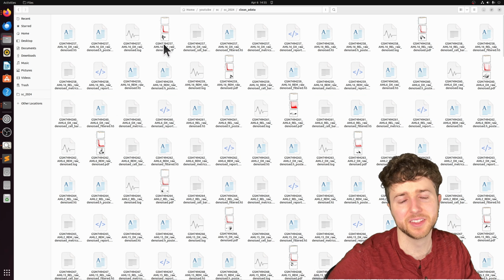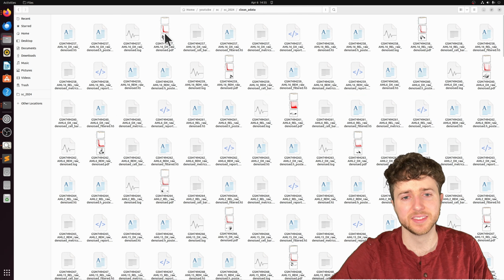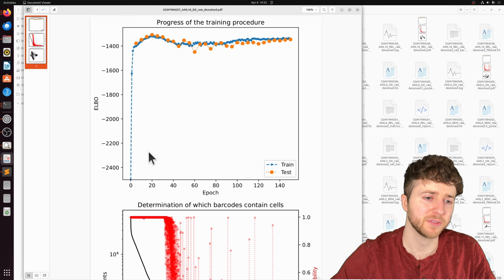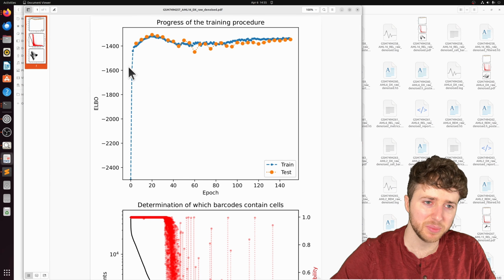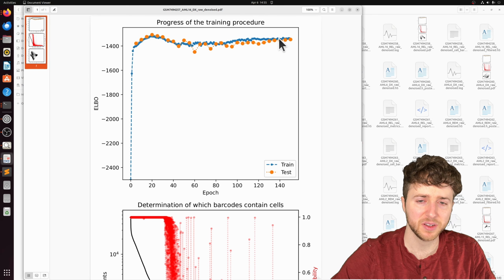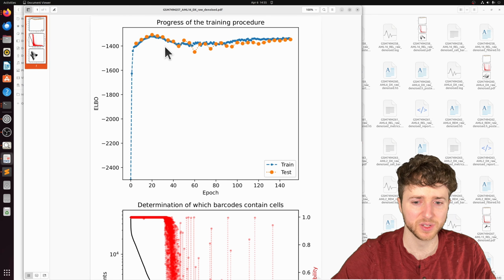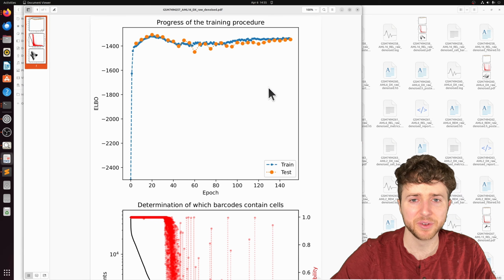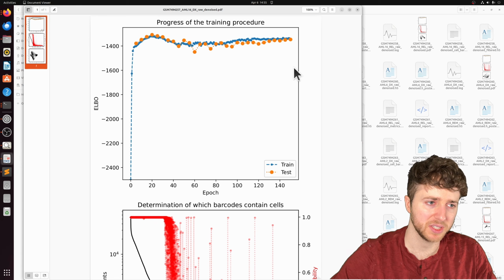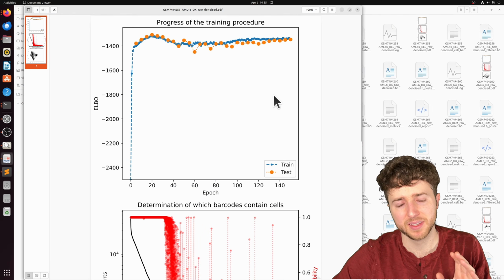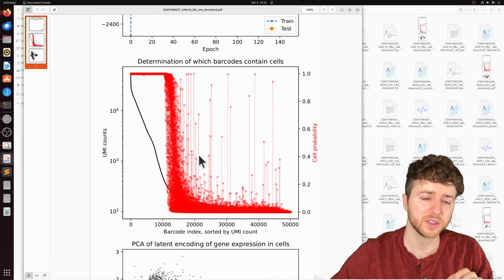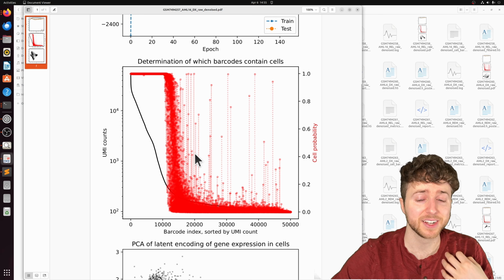So there's a couple things we can look at here. One is these QC plots. Basically what you're looking for here is a steep increase, either a plateau or a gradual increase over time. But what you don't want to see is if this goes up and down a lot, that means there were probably issues with the training. And then on top of removing the background, CellBender also determines which droplets are actually cells.